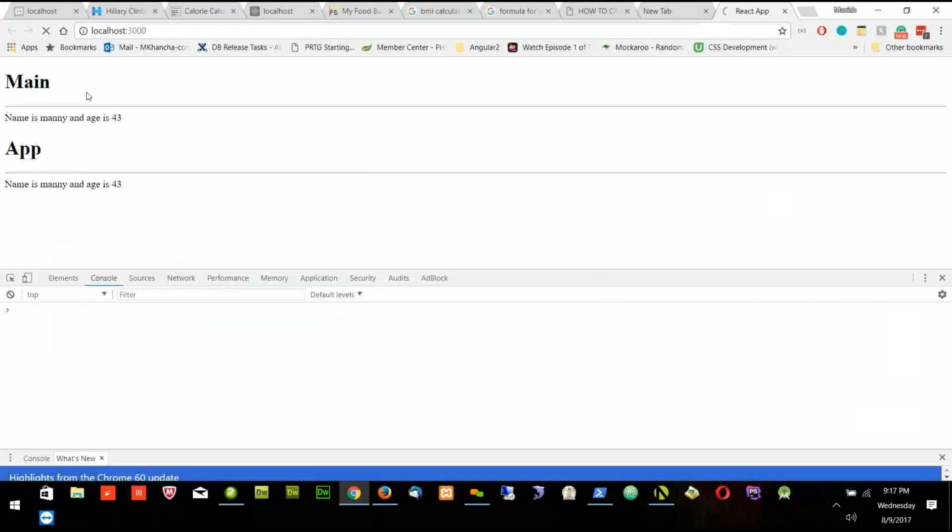And now I will see which one is coming first, render function or component. So first the constructor is called. Then I am in the component will mount. This is empty. And then it is in the render function. So this is the lifecycle: first constructor is called, then component will mount is called, then render function